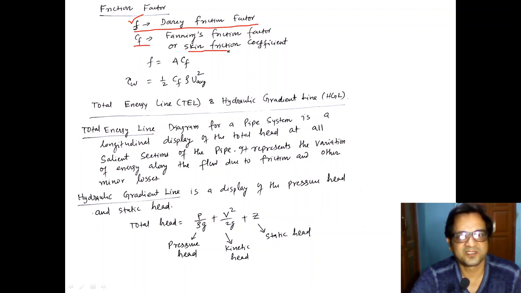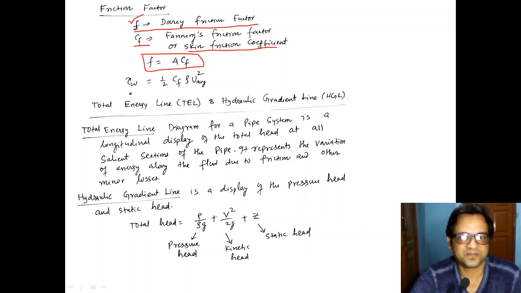Also it is known as the skin friction coefficient, and the relation between them is this. So the friction factor is 4 times Fanning's friction factor. So Darcy friction factor, or simply the friction factor. But if it is given as Fanning's friction factor, then you have to multiply it by 4 to get the friction factor, so that you can use it in the Darcy-Weisbach formula to find out the head loss